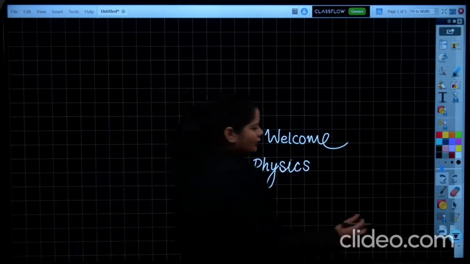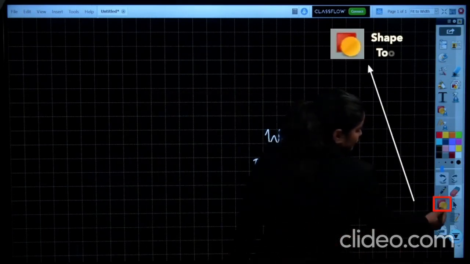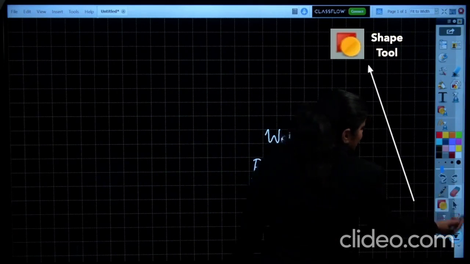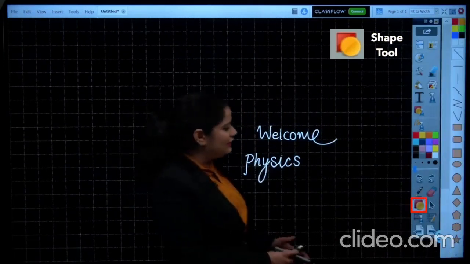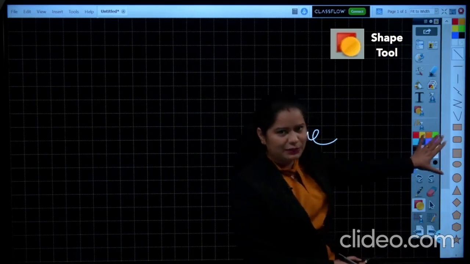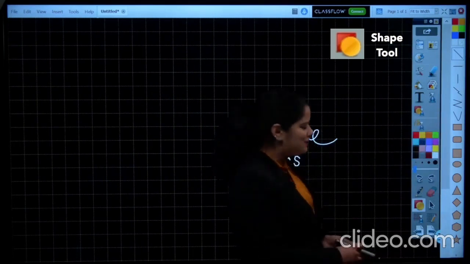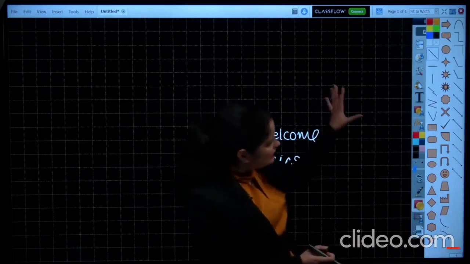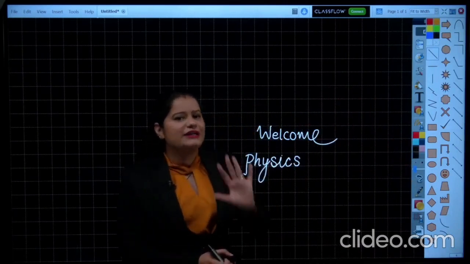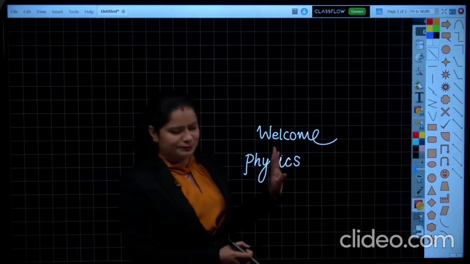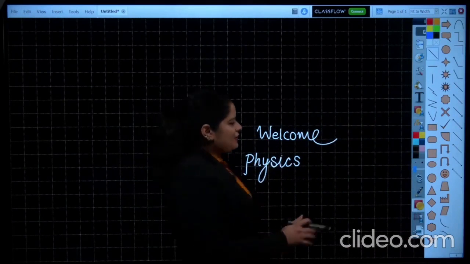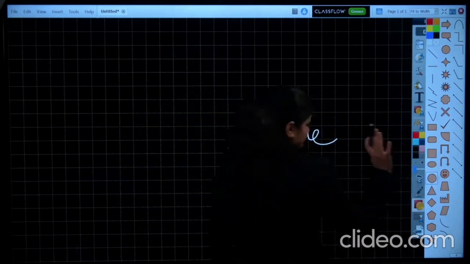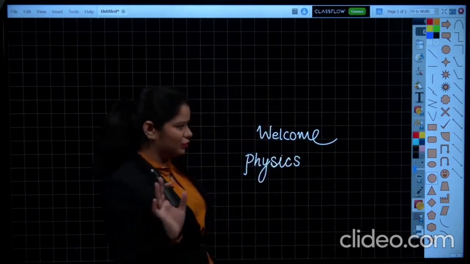You guys can see over here this icon. This is the icon for the shape tool. Once you click onto this icon, you can see these are the shapes. But don't worry, these are not just the shapes. You can click onto these down arrows and you can see these all are the shapes which are provided to you guys with the help of this software. Now, let me just take this circle, the simple shape tool I am going to select.